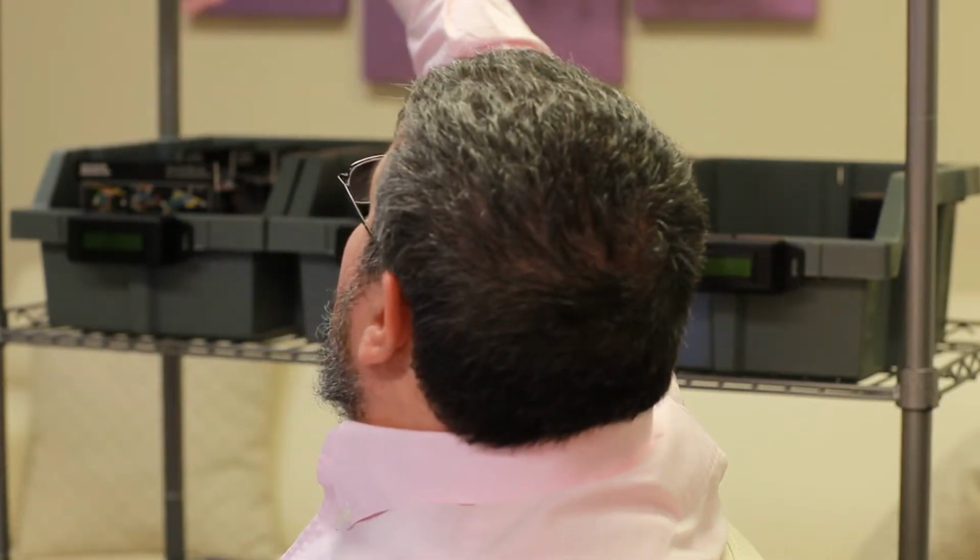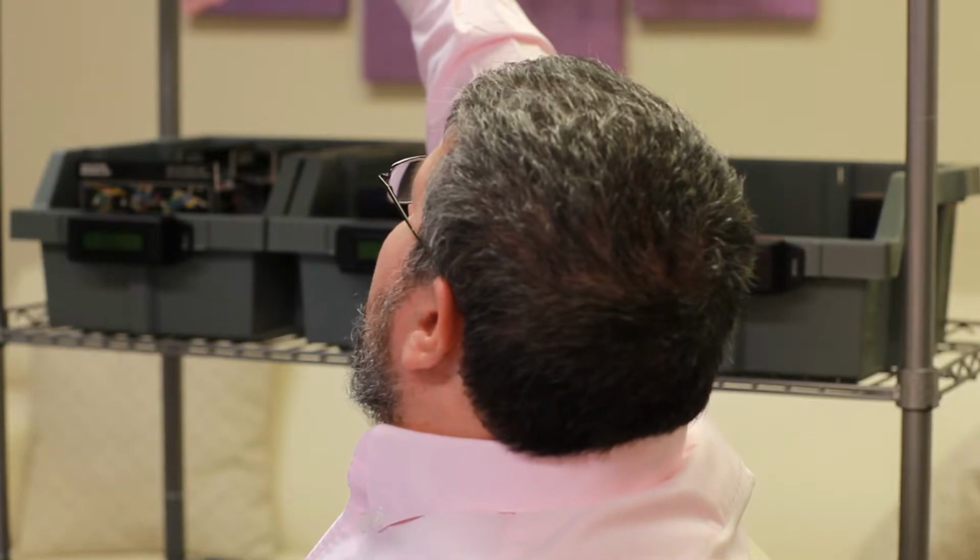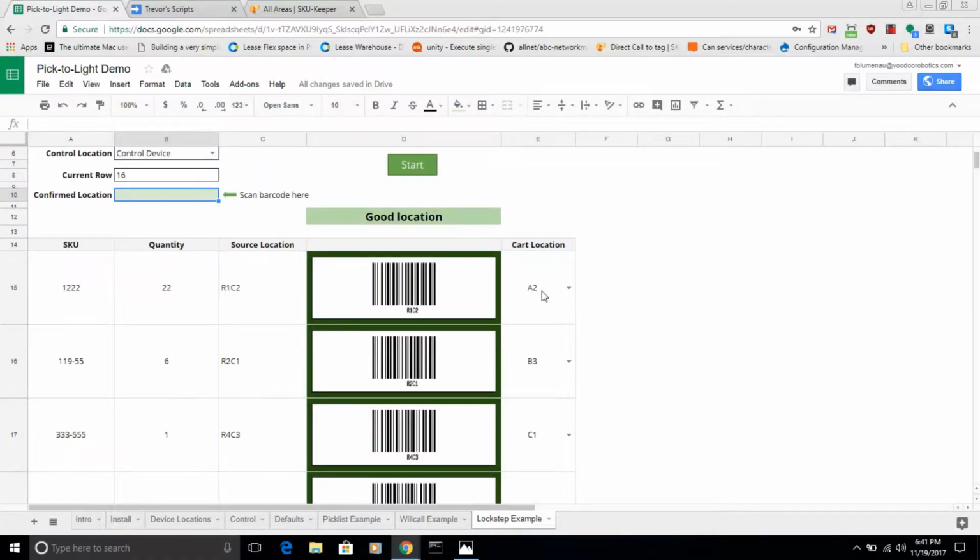So now the device on A2 on the cart is telling us to put 22 of SKU number 12222 into that location, and at the same time, our control device has now updated us and says, go to row 2, column 1, and pick 6 of SKU number 11955, okay? And so now we go skedaddle off to that location, following our directions, and when we get there,